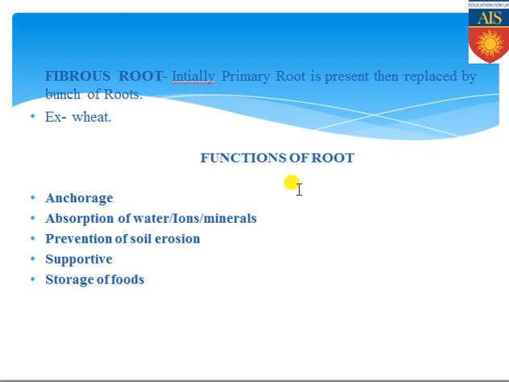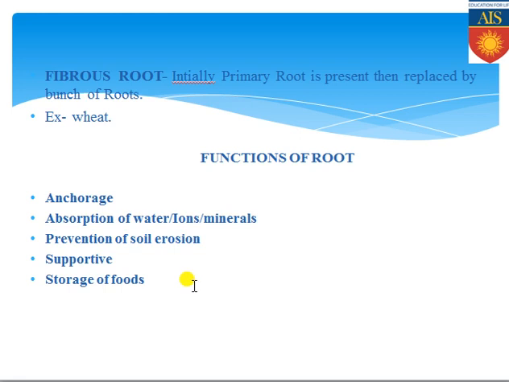Roots which erupt from the radicle, in all plants, specifically in angiosperms, are also responsible for preventing soil erosion, because they penetrate the ground, cover a larger area under the ground and grip the soil particles properly. So due to the presence of the taproot type of system, the soil erosion problem can be prevented. Next, roots are also supportive, because in a few plants, as we will see after a few slides, there are many types of roots that provide support to the plant body.